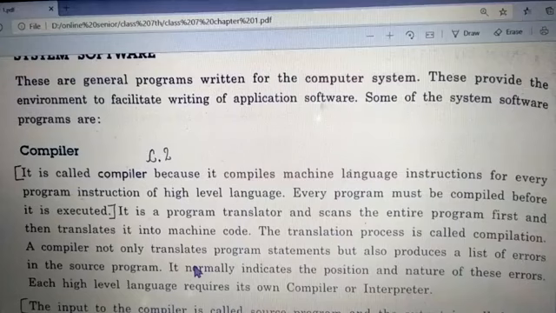So if a user, basically a programmer, is writing a program and wants to understand what has gone wrong, why this program is not working, we can compile that program. The computer will read the entire set of information together, and will let the user know the areas where there is a syntax error, or you have missed something, or you have added an extra thing. It normally indicates the position and nature of these errors. So this is how the compiler works.